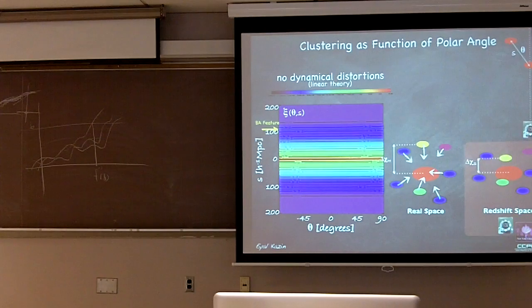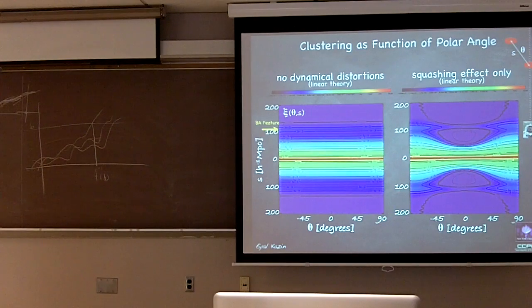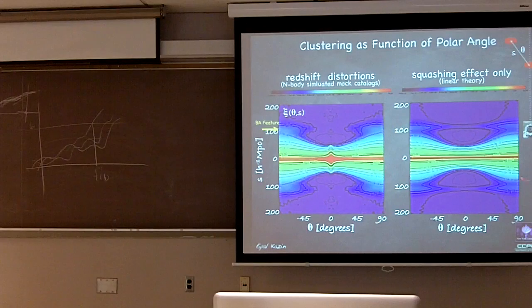What we will see in what we call redshift space is that the ones on the line of sight from the observer will appear to be more clustered in. That means we see things closer than they actually are, and that of course affects your correlation measurements. According to linear theory, this is what we will actually see in redshift space, so you see a lot of much more interesting features. For example, this negative region here goes negative at very large scales, and here at much smaller scales it goes negative. The baryonic acoustic feature, which is a stripe over here, becomes these funky looking ridges. And looking at n-body simulations, now you see a lot of nonlinearities coming into play.